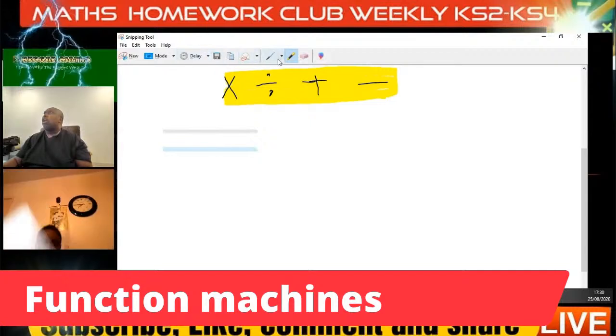Beautiful. Okay, so these are my functions. The functions operate on the input, right? And that gives you an output. So watch this carefully, work with me here. So we have input,